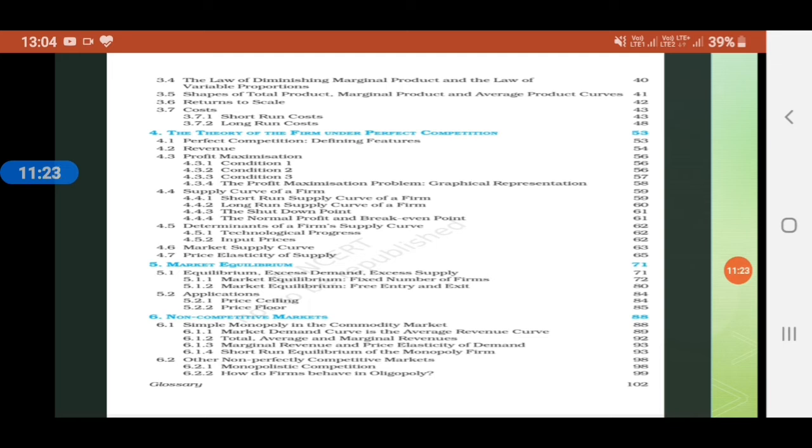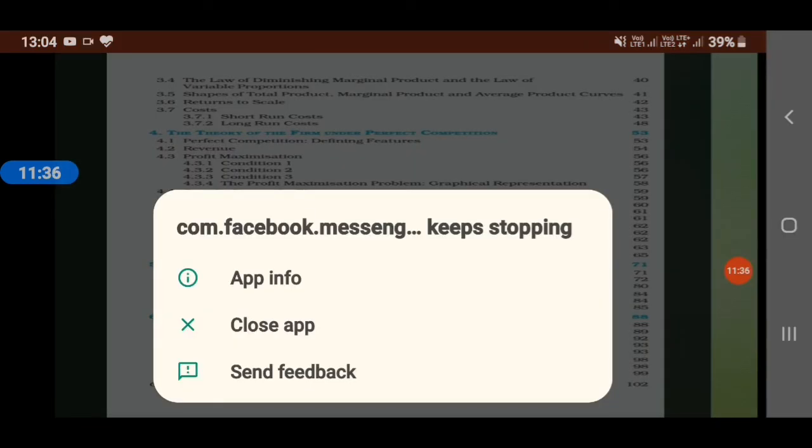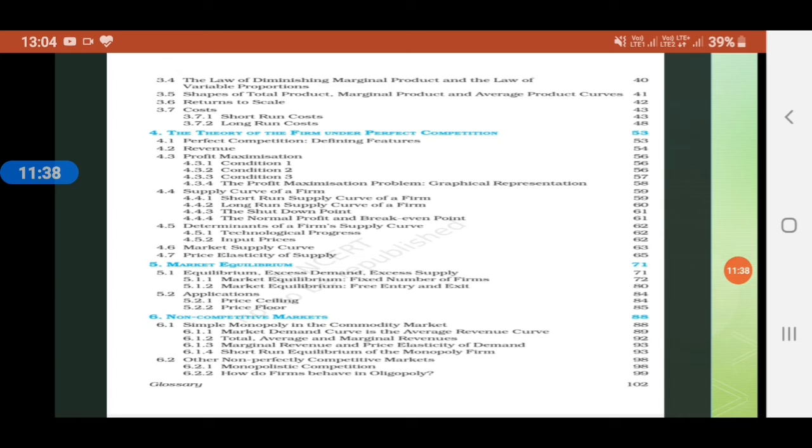Come to the fourth chapter, the theory of the firm under perfect competition. Here they have kept a concept about the market which is categorized on the basis of degree of competition. So here we learn about the meaning of perfect competition, the definitions of that, the features of that perfect competition,